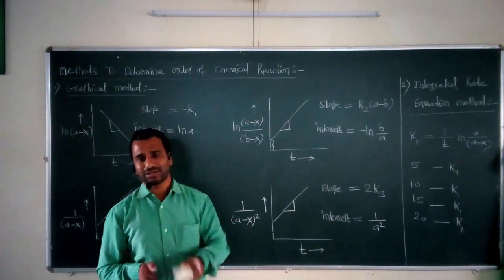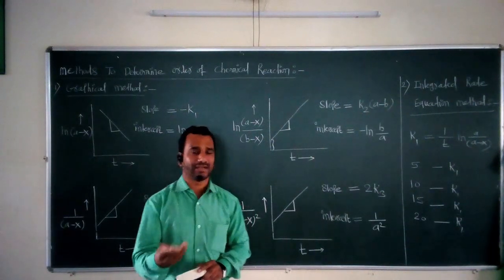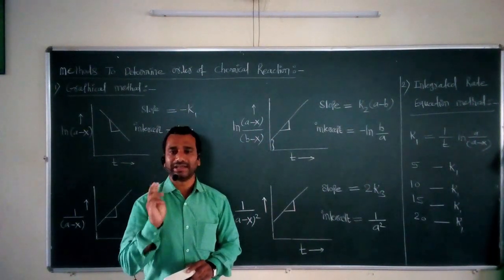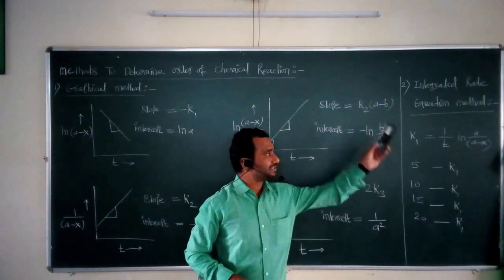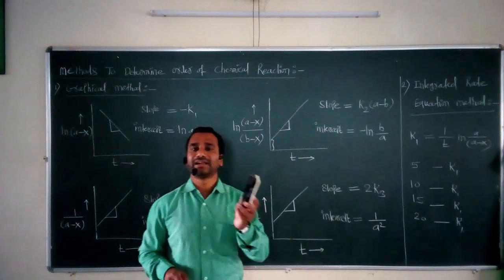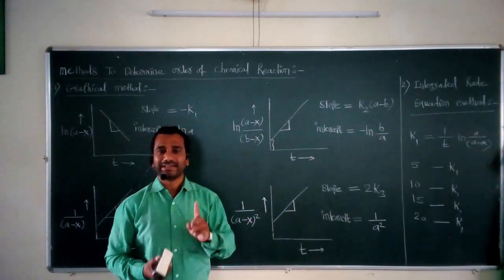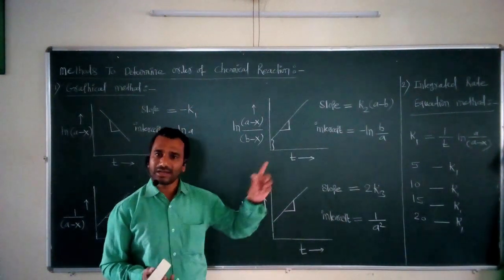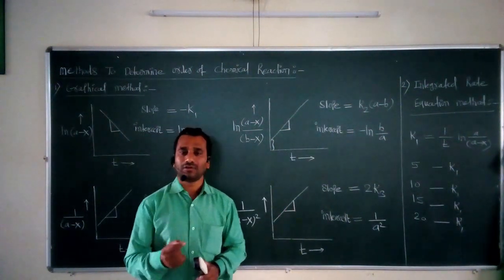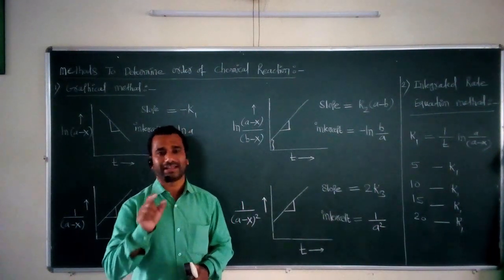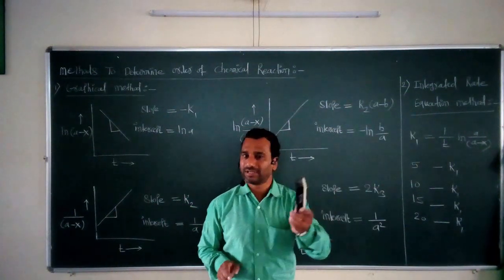Suppose again the values are not similar to each other, then you have to take into consideration the next integrated rate equation, called the third order integrated rate equation. Again you have to carry out the same process. So this is a trial and error method called the integrated rate equation method. In this method studied experimentally, we take into consideration changes in concentration of reactant and product at different time intervals. So this is the second important method for determining the order of a chemical reaction indirectly, on a trial basis, by taking the integrated rate equation for different orders.